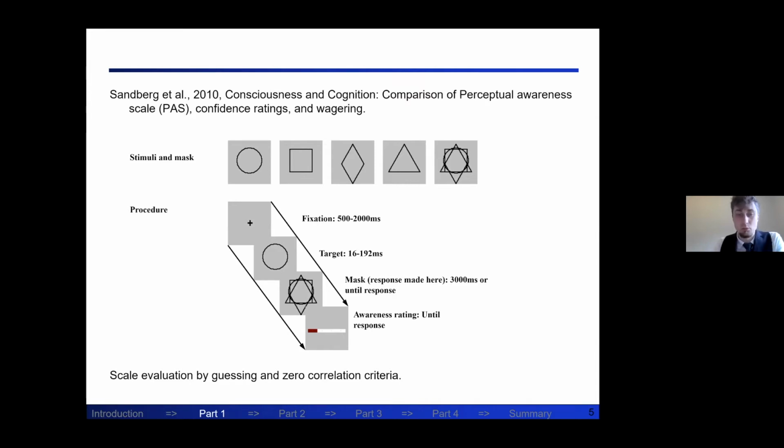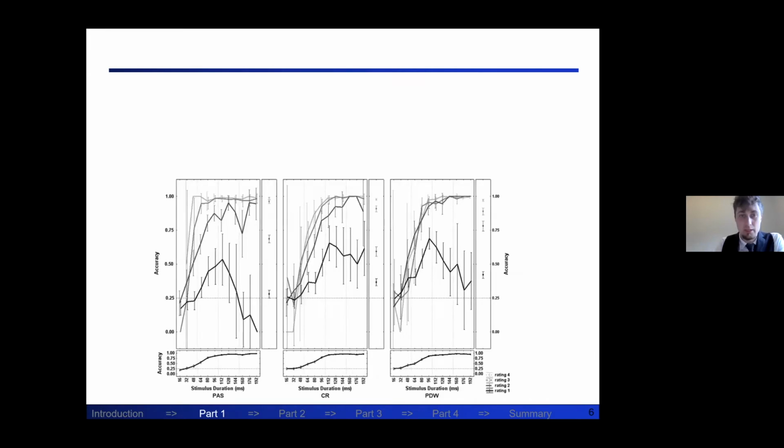And they did this using one of 3 scales. This could be either a perceptual awareness scale. So this is a scale that is indeed very subjective. Participants report their experience on a 4-point scale that is no experience, a weak glimpse, or brief glimpse, almost clear experience, or clear experience. We then had a corresponding confidence rating, where people just say whether they're guessing or more confident, also 4 steps. And finally, this post-decision wagering scale.